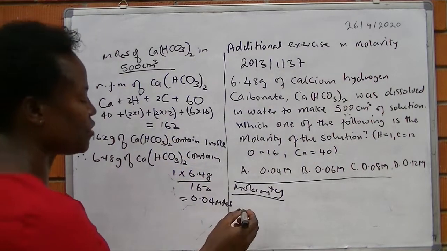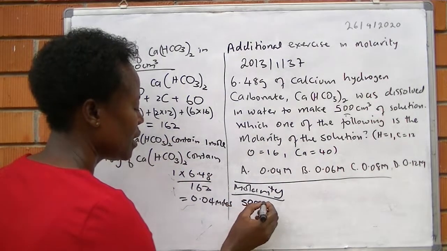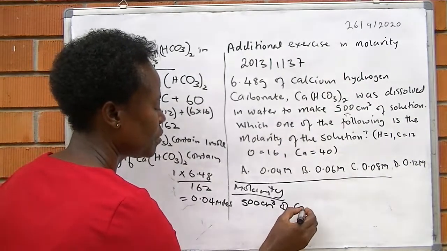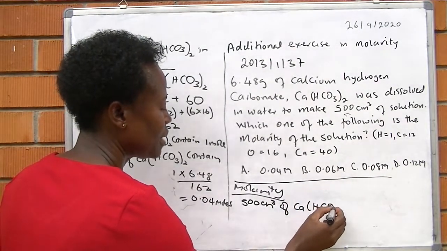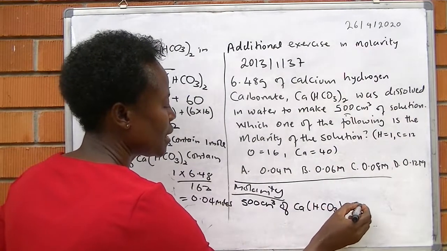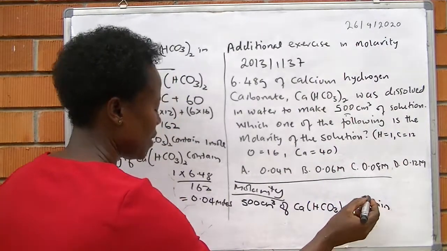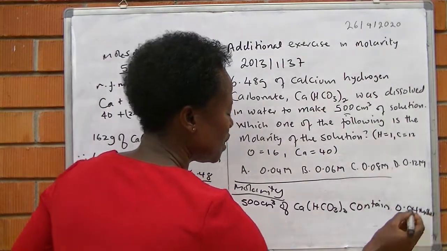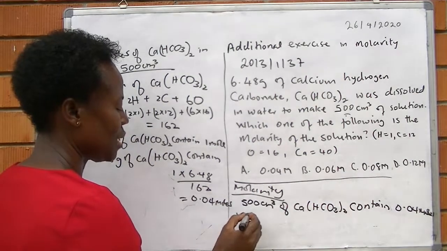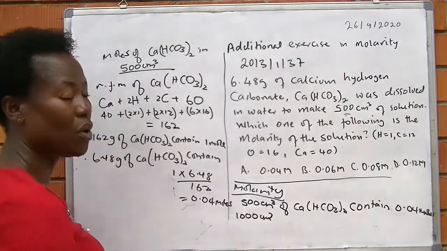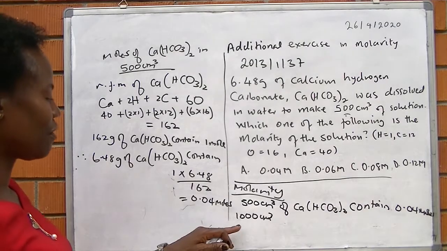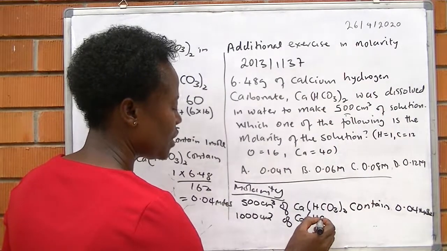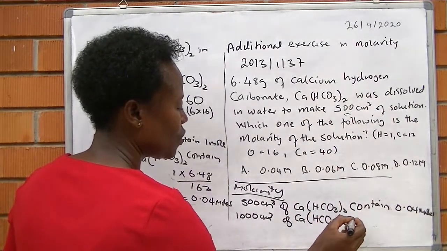We have seen that 500 cubic centimeters of calcium hydrogen carbonate contain 0.04 moles. What about 1,000? Remember I told you the moles in 1,000 is the molarity. Therefore 1,000 cubic centimeters of calcium hydrogen carbonate will contain,